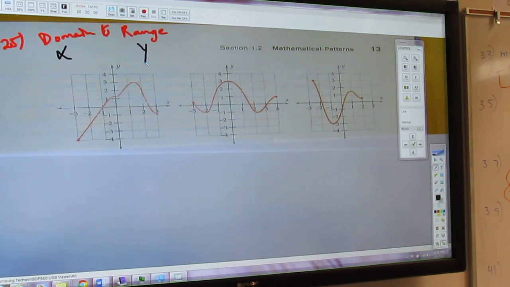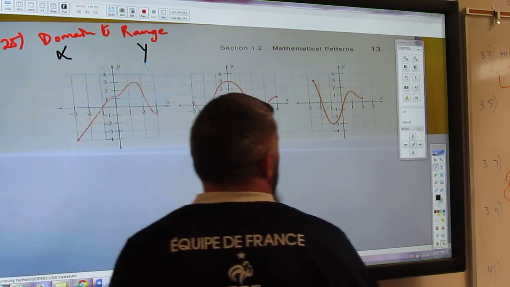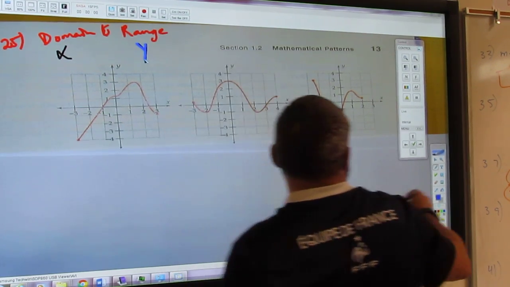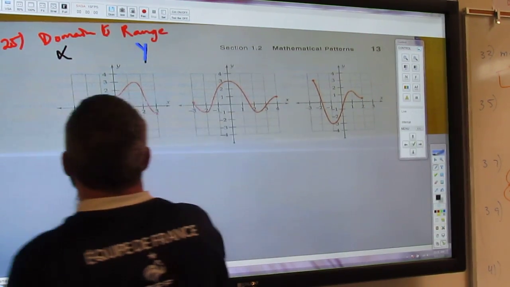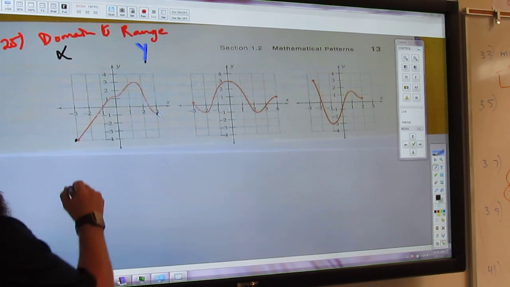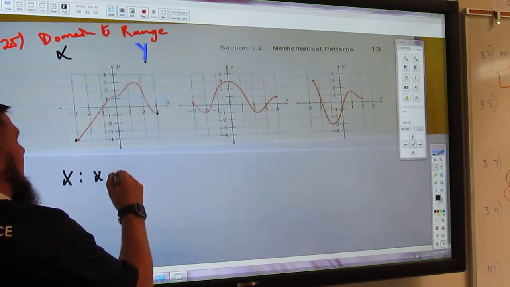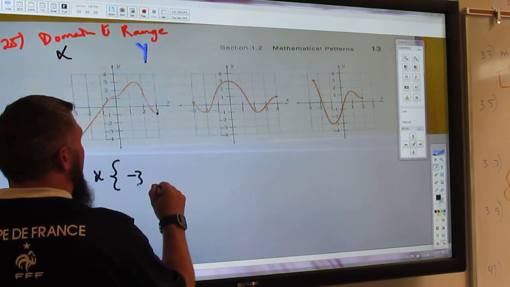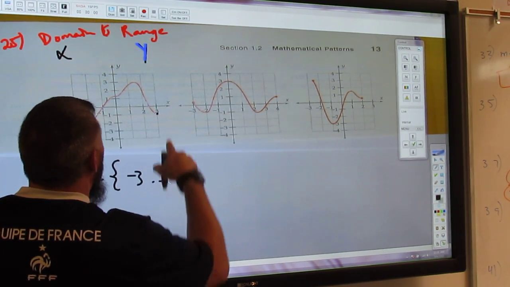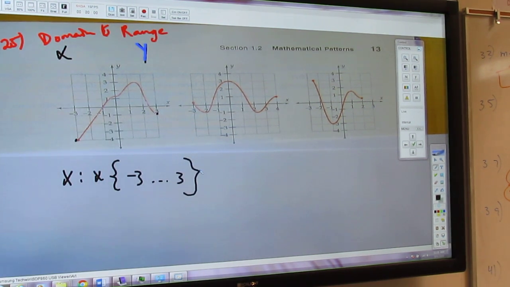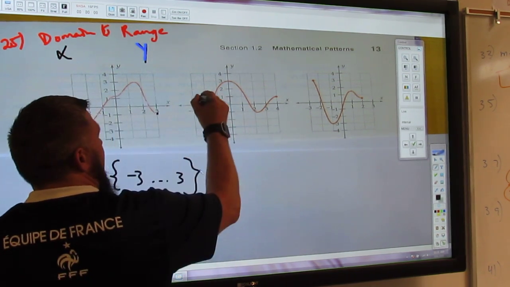So the domain, in fact, I'm going to make Y a blue. The domain goes from here to here. So the domain is X such that X is the quantity of -3 to 3. That's the domain. What about this guy? X goes from